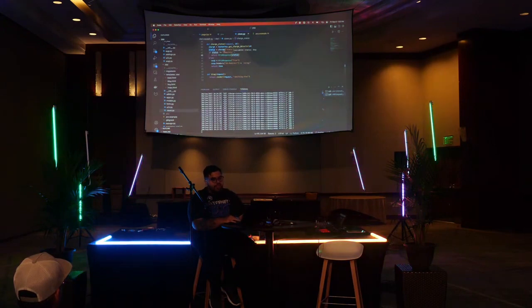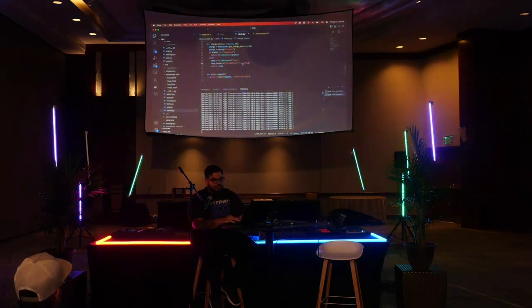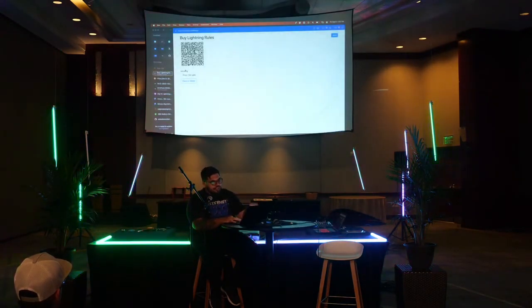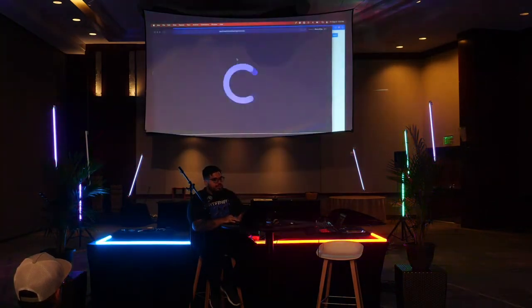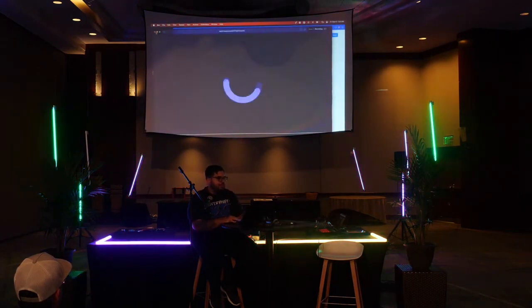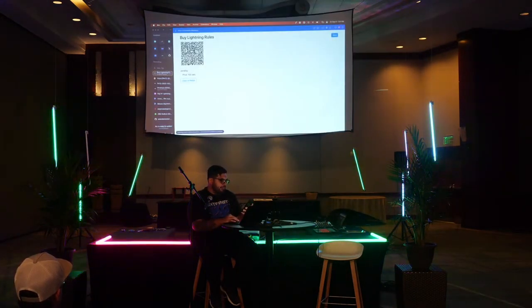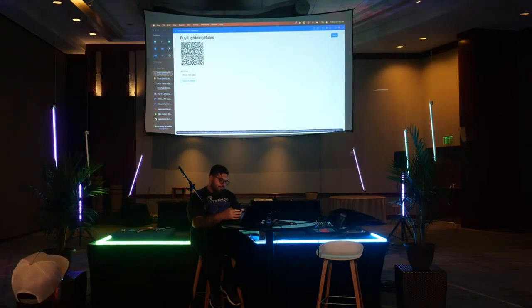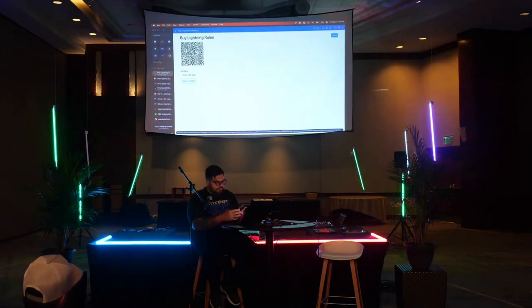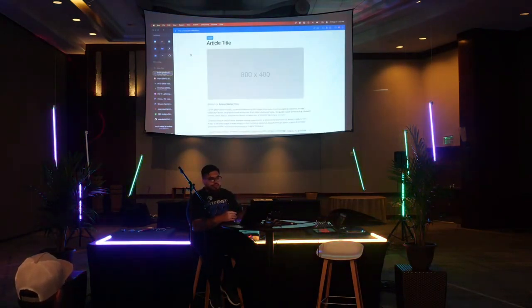So in my case, if it's not completed, I'm just returning the status as not completed. And if it is completed, then I'm going to redirect them to a page that I call blog. So you can see the status is still pending, nothing has changed. Then if we click this QR code, let's see, I'll scan it and pay it. All right, from there I processed the payment, and now because of that condition,